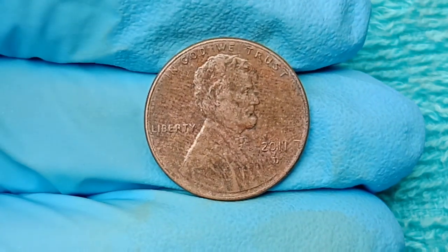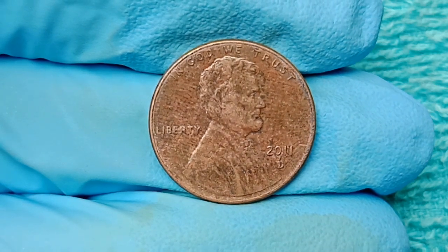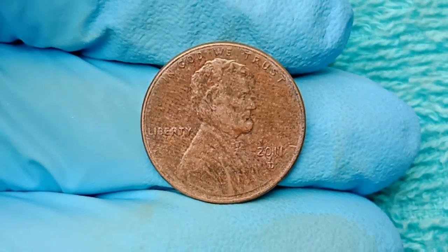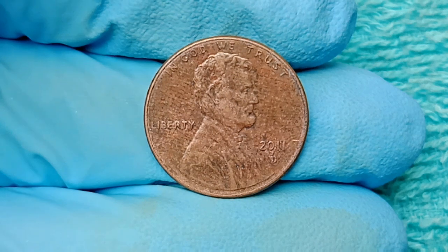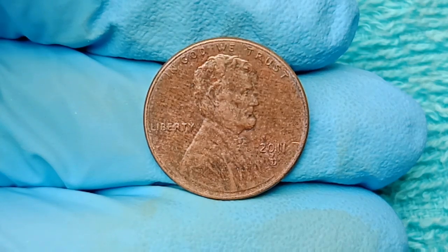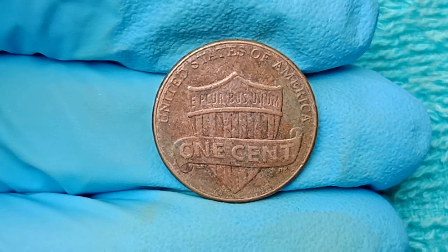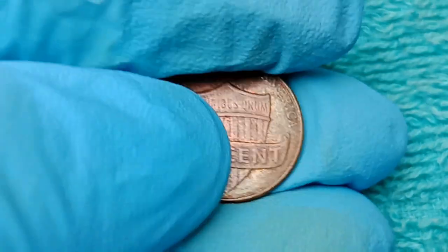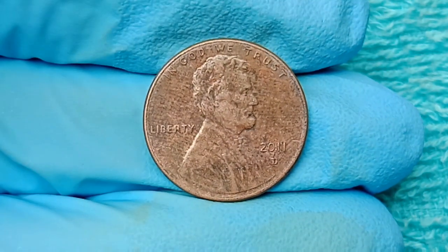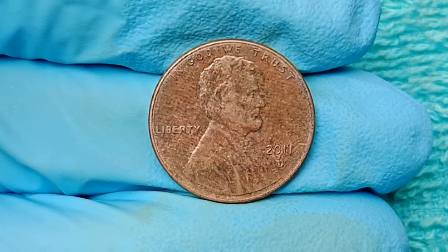the minting process, and some of the most valuable known examples also show reverse errors in the shield design introduced in 2010, such as incomplete vertical lines, doubled 1 cent inscriptions, or even partial absence of the E pluribus unum motto due to die clashes or grease-filled dies, all of which contribute to their classification as ultra-rarities by top grading services like PCGS and NGC, and the highest graded example known today, a 2011 D cent graded MS69 with full red luster, full step shield details, and a perfect storm of triple die obverse, off-metal planchet, and rotated die alignment